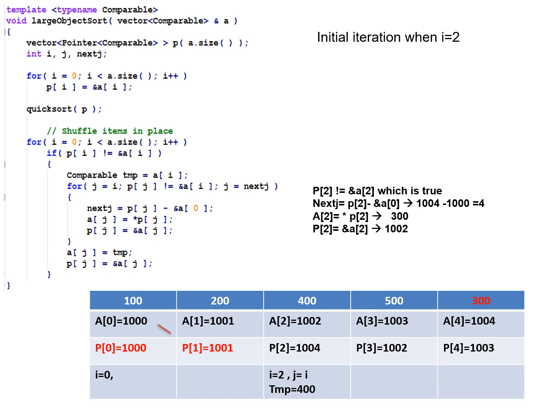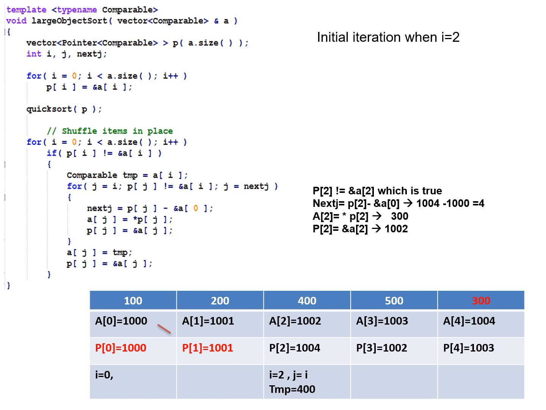So the current element which was there at A of 2 is 400. The element which should actually reside in A of 2 is residing at E of 4. That hint is given to us by the pointer P of 2. Right? Once you get that, you just copy that element 300 onto E of 2. So that is what you are seeing: star of P of J. J is 4 here, so you can just copy that element here, right? And alter the pointer accordingly. Once you do that, your job is done.